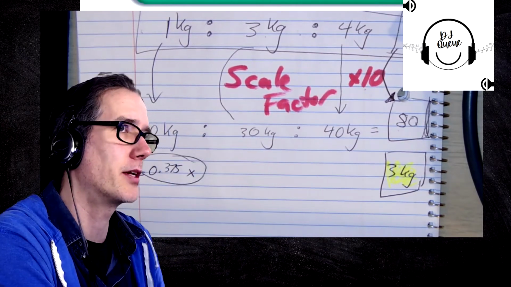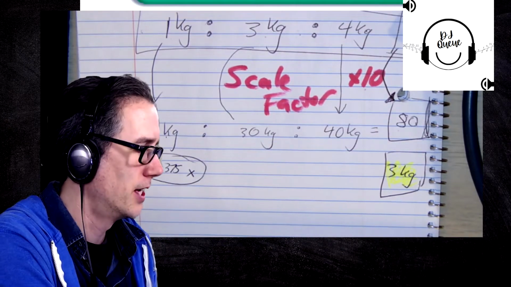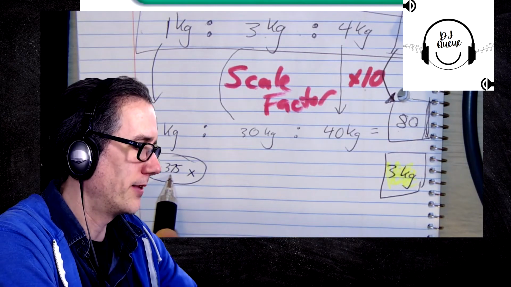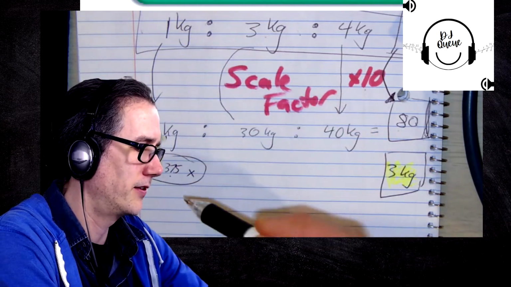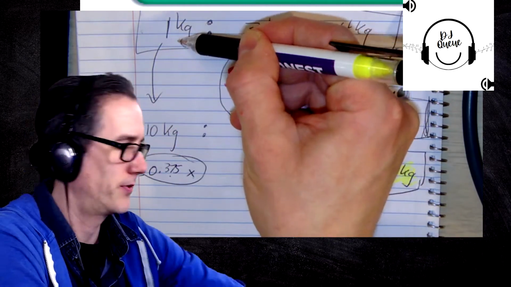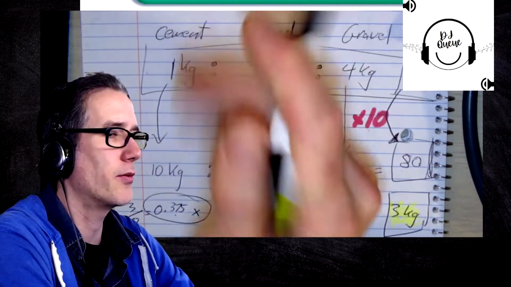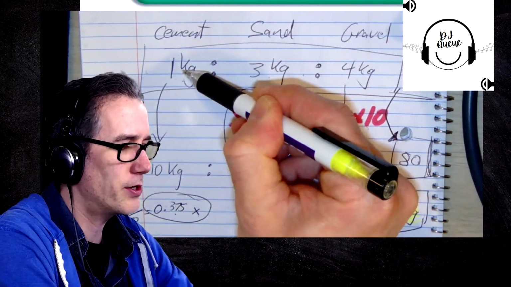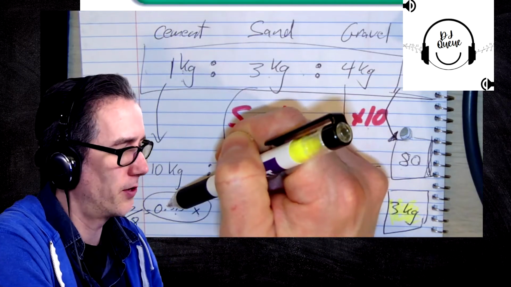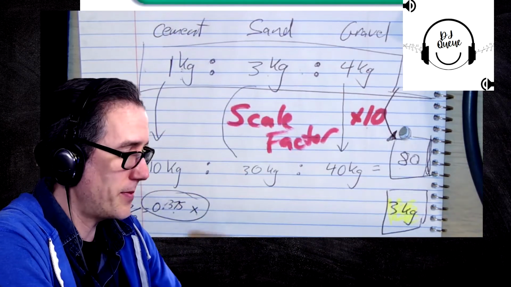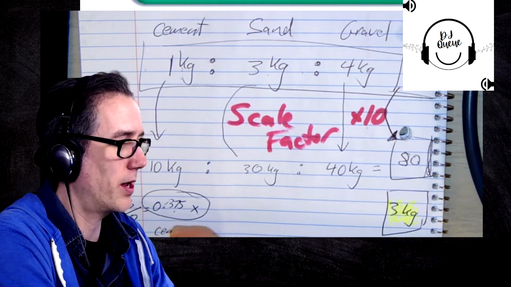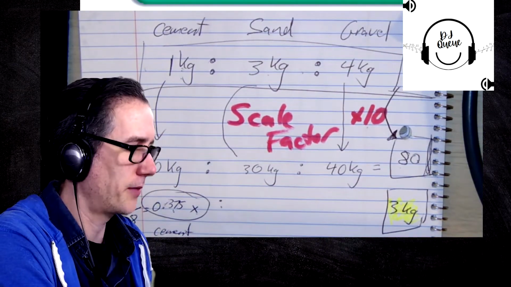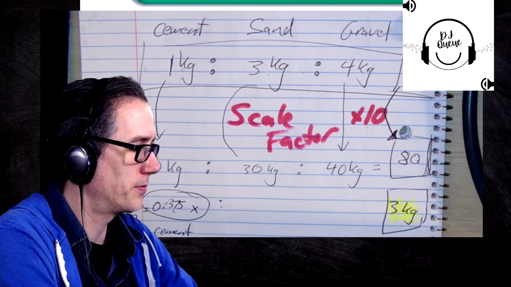If you were dividing, it would come up with a different number. Does that make sense? So now, I've got my new scale factor. And by the way, if I'm multiplying it by this, you'll notice the cement is what they call a unit rate. So it starts at 1. So whatever you put the scale factor through, that's going to be your answer. So my answer for cement is right there, which is why I wrote it here. 0.375. I need to do the same thing times 3, which gives me